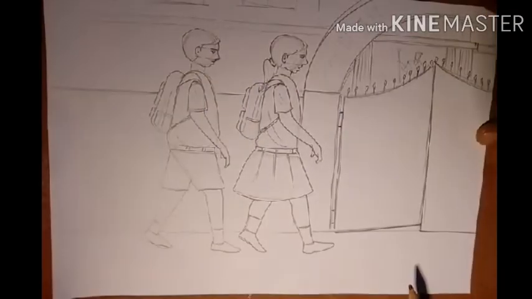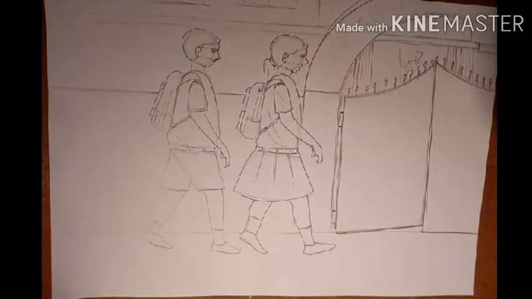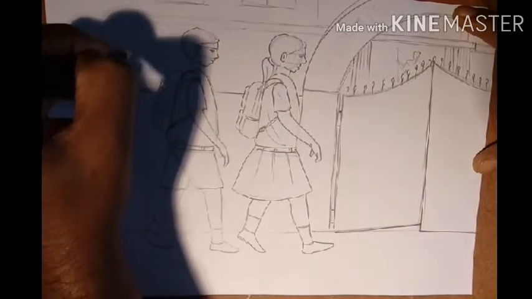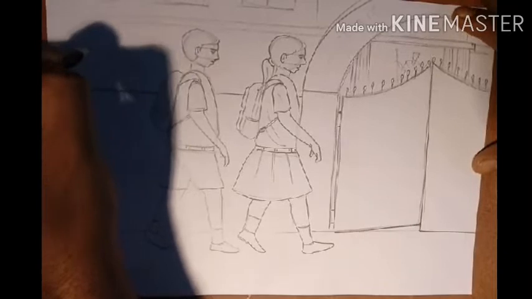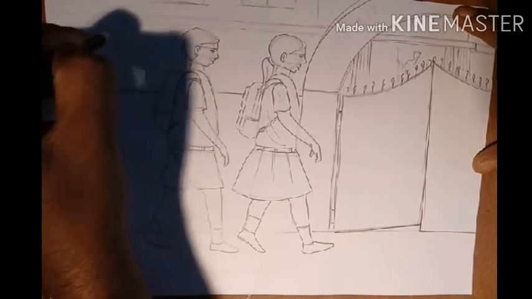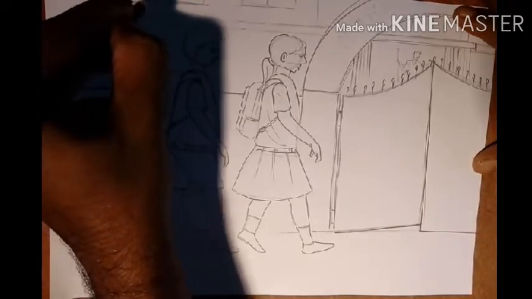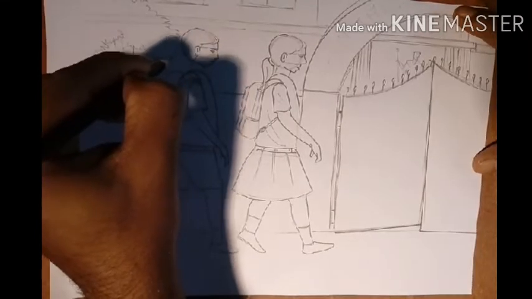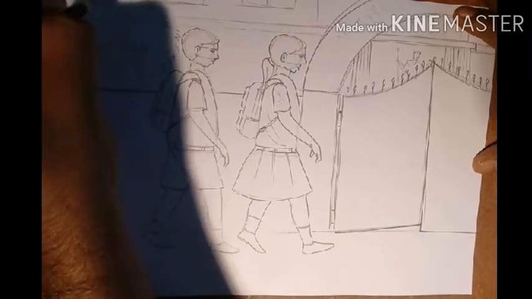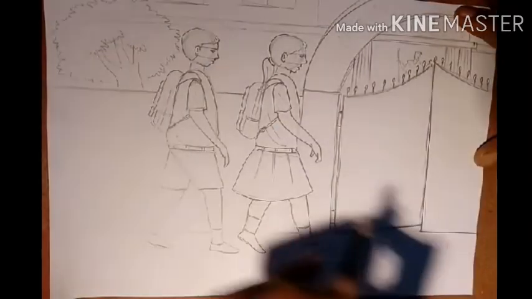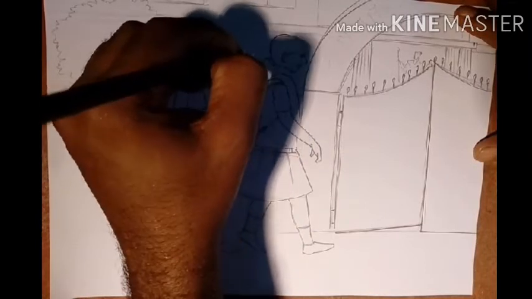And in the front portion, see, this picture is almost complete, but still something is missing. Some sort of foliage is required. So what can be done? If we can arrange some plants or trees over here, then it will look very nice. So if we can add some trees, that will create an essence, because trees are always green in color.